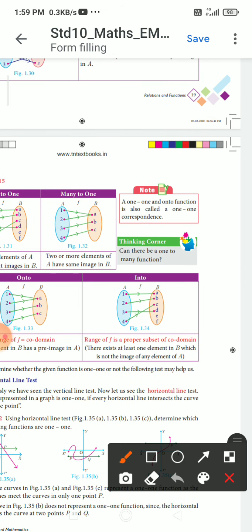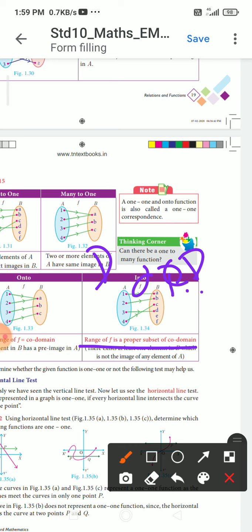Then into function: the definition is that the range of f is a proper subset of the codomain. Here B is the codomain set and A is the domain. The elements that have a pre-image are called the range.